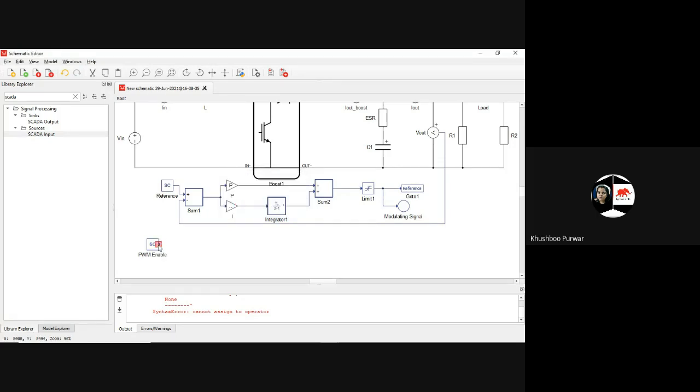Okay. So where will this go? I want to see the enable also, so I'll be using one Distill Pro for PWM.